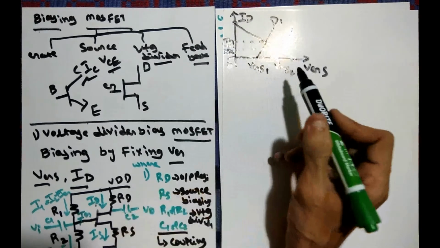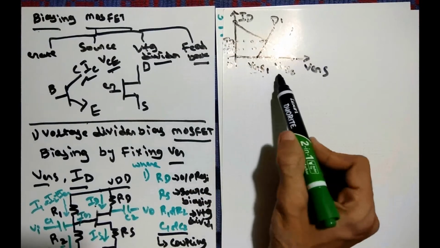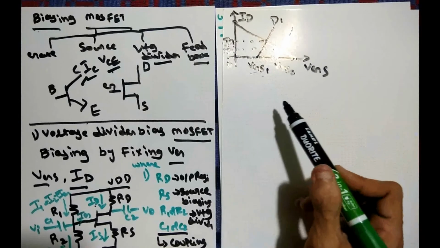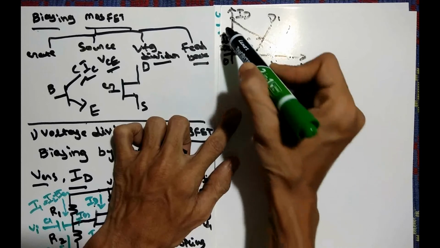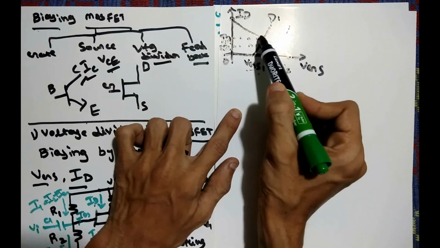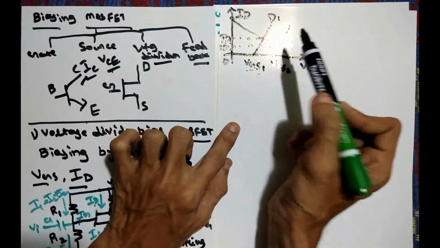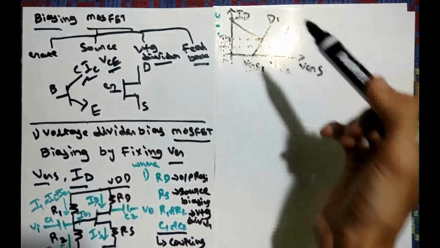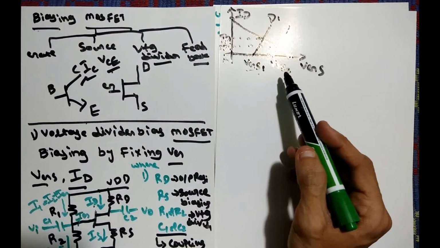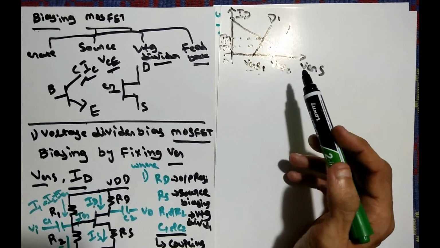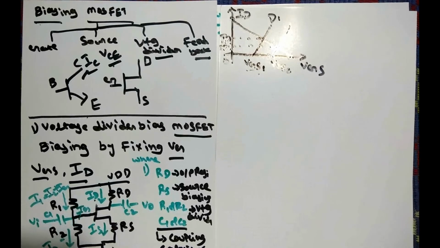Observe this one. When VGS is small, usually ID is more, and when VGS is more, ID is decreasing. So from this we can say that for particular devices, depending upon this VGS1 and ID1, we can form one Q point. That Q point tells us whether our MOSFET is activated or not. From this Q point we can make sure what ID and what VGS we have to keep to make our MOSFET work in the active region. So we can move on to our circuit design.